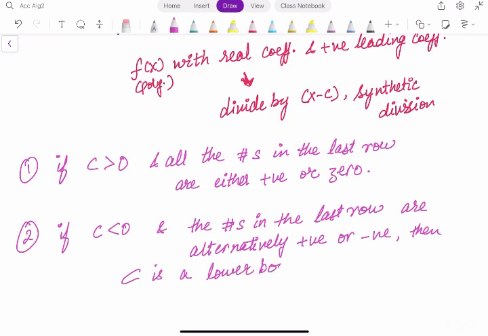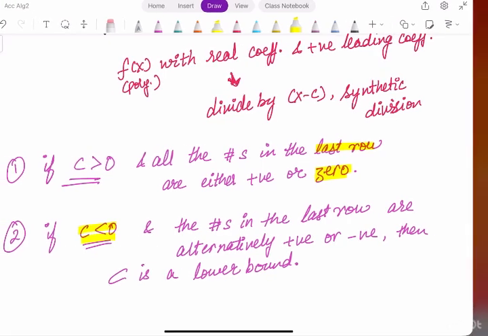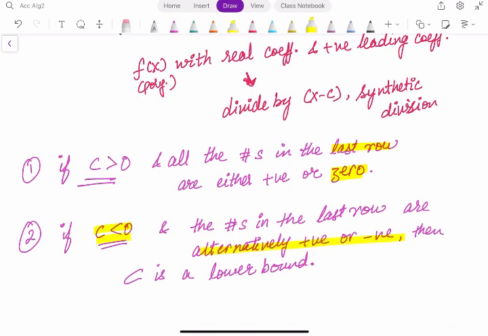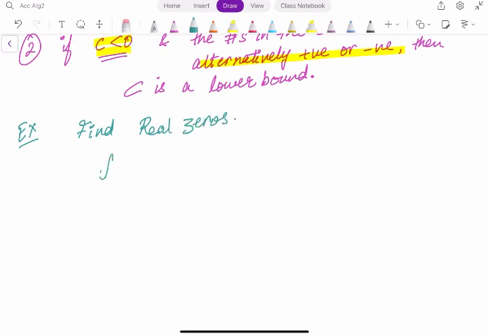So upper bound when c is greater than 0, provided the last row will have either positive or 0. It will be a lower bound when c is less than 0, provided the last row will have alternate positive and negative leftovers. Let's take one example and understand it, and it will give you a refresher on synthetic division as well. So the question says, find real zeros, and the function is